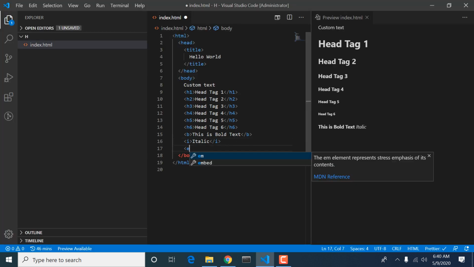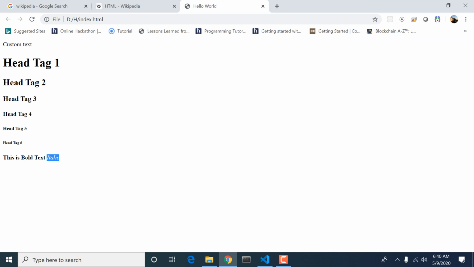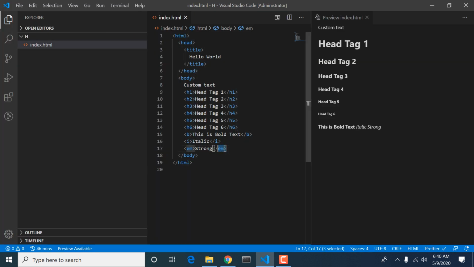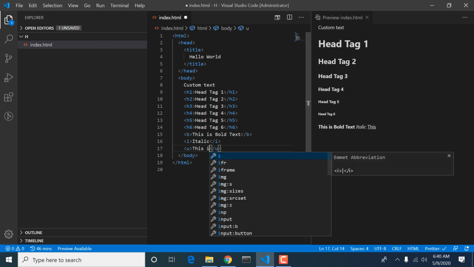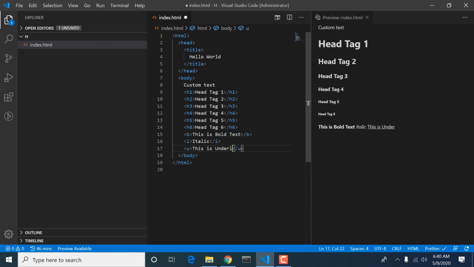Also we have the em tag, which makes the text similar to italic. Also we have underline. This is underline, okay guys.